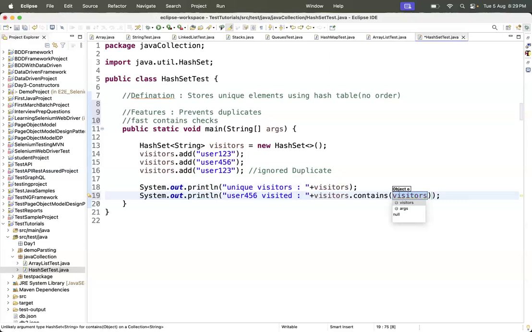So I have 100 people who are visiting my gym. I just want to check whether Vidya has come today or not, that kind of thing. So I will be using this contains and will be checking for this user